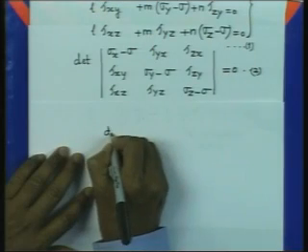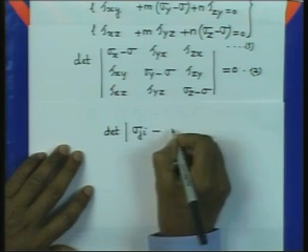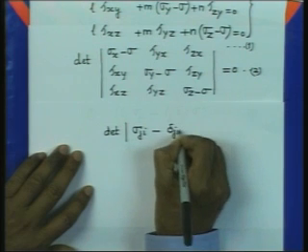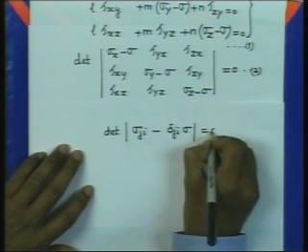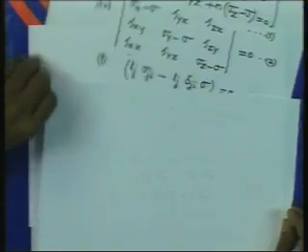Similarly, equation number 2 is nothing but the determinant of sigma ji minus delta ji into sigma equal to 0. So, in a compact form we can write it. We have seen that equation number 2 can be written in tensor form like this. If we go back to the original form of equation 2, this can be expanded and we will get an equation in sigma, which is of this form: